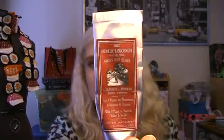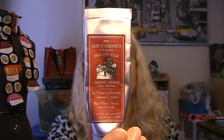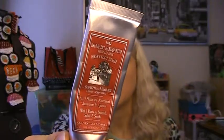This is my French people foot cream. I don't know how to pronounce half these words. I'm not gonna try. You can find this brand at Ulta. I got this in a kit a long time ago. It came with a hand cream, and I think a fragrance. It's really, really nice. But this is their Hiker's Foot Healer, and I use this when my feet are feeling